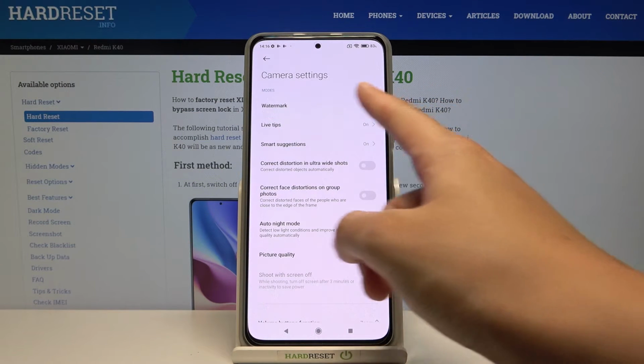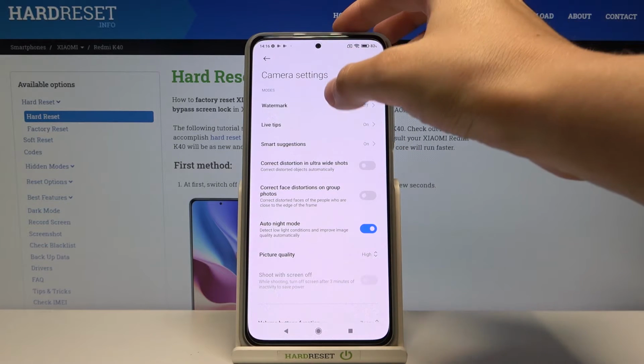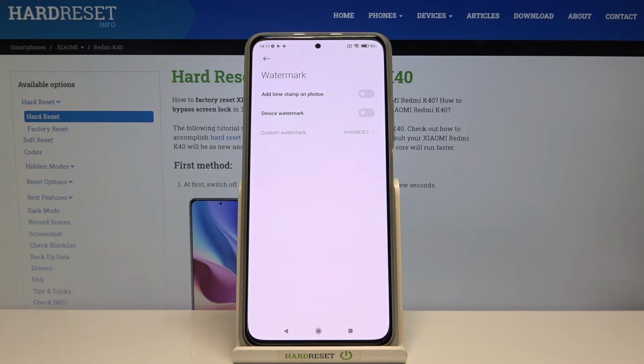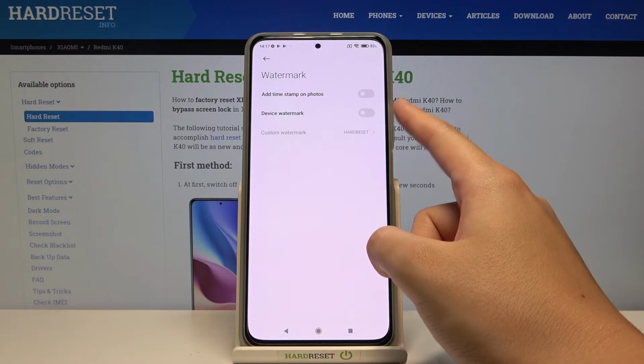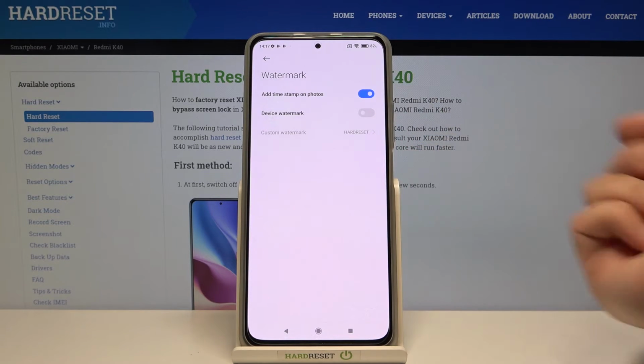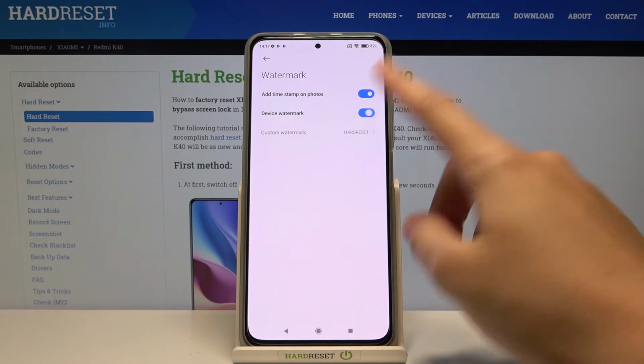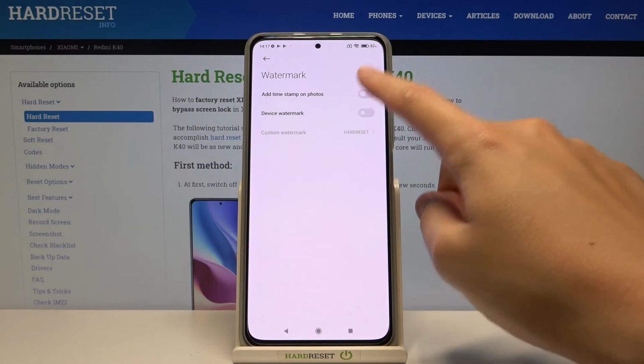Here at the first place we have the watermark. So by just one tap we get access to it, and now we can add the timestamp watermark on photos and also the device watermark. So by using the buttons from the right we can turn them on and off as we need,